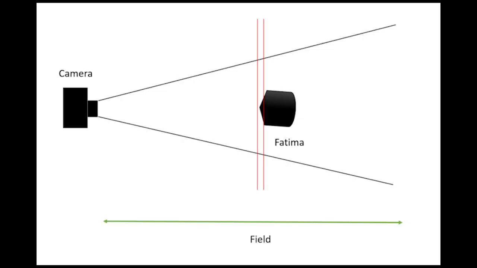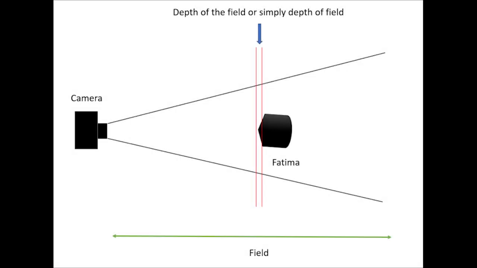You can see in this diagram that Fatima is at a slight angle to the camera. The distance from the lens to the background is the field, and the area between the two vertical red lines is what is in focus, or the depth of the field, known as depth of field. In this case, it is very narrow, as I was using a wide aperture of f1.8. As it is so narrow, the focus has to be very selective, as there is only a narrow area to